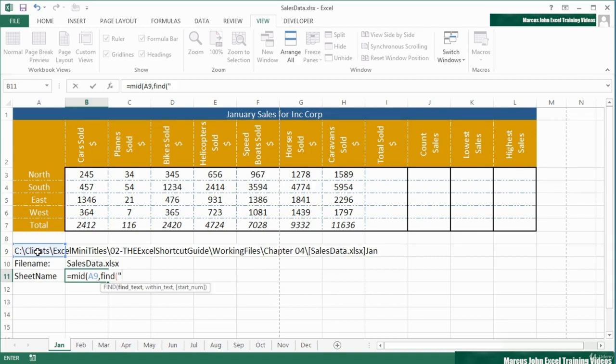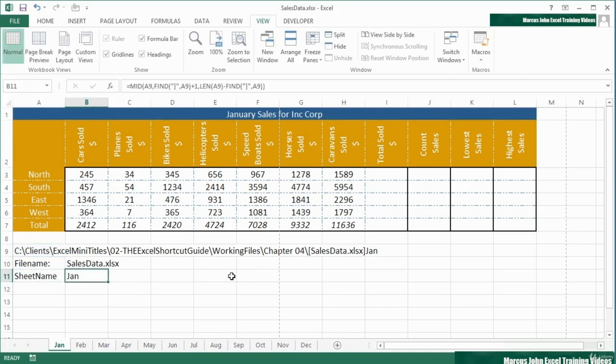So I need to find the close square bracket using the FIND function within this string, add one character on because I don't want the square bracket, I want the first character after there. So that's the start point. But then how many characters? Well, I want to go from there to the end. So the number of characters is going to be the length of that whole string, take away wherever the close square bracket is. I've just copied that function and pasted it in. Copied one too many commas. So we're going for the length of the whole string, take away wherever the square bracket ends up, close, return,